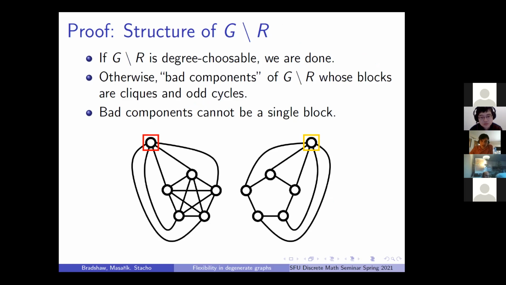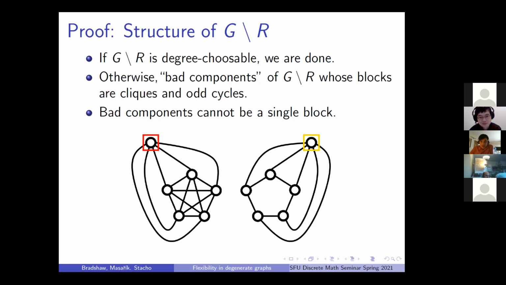Like I said in the last slide, if G minus R is degree choosable, then we are done because that means we can satisfy every preference of the vertices in R, and that's a positive fraction of our preferences. Remember, it's 1 over delta cubed. So if G minus R is degree choosable, then we're happy. If G minus R is not degree choosable though,